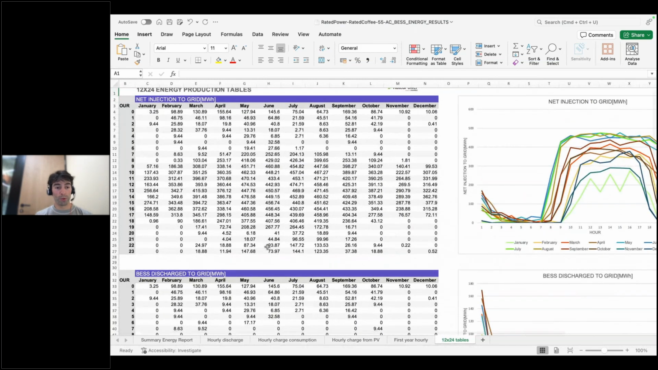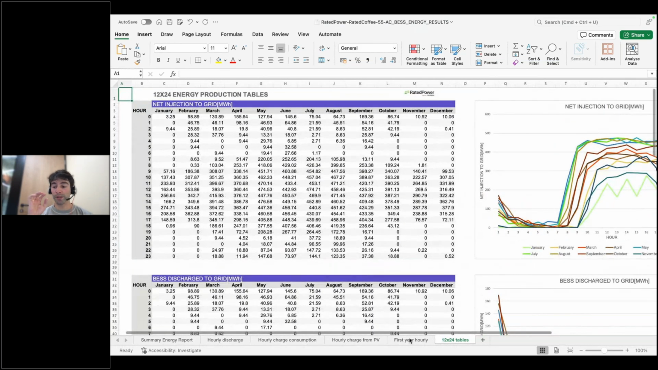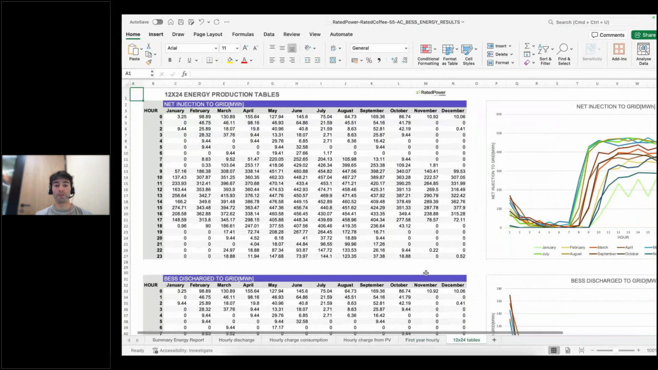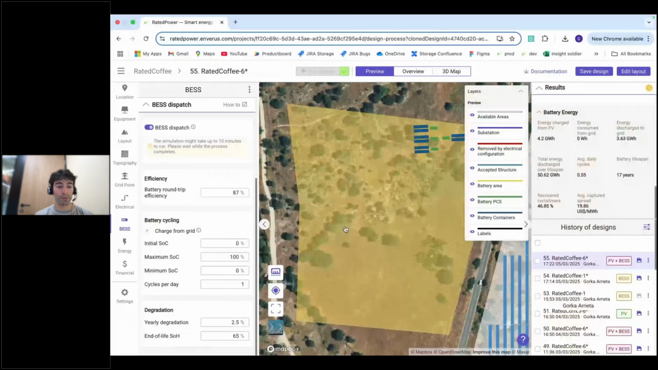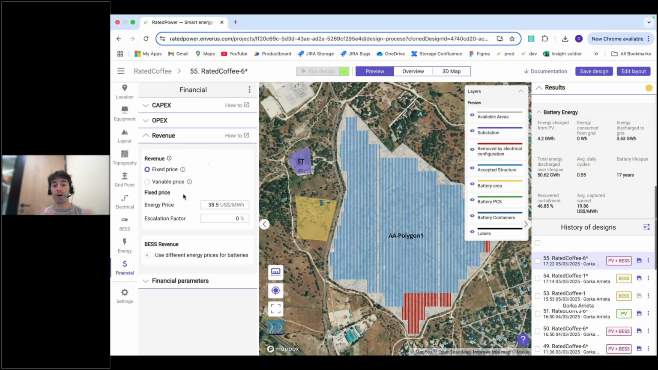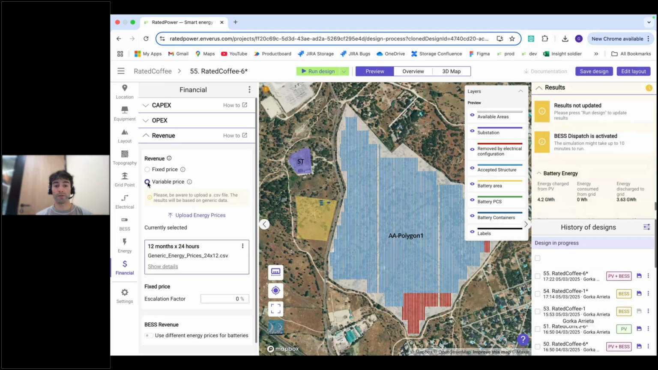There are more things that I don't have much more time to show you, but this is a super powerful feature. You can define an infinite amount of scenarios here. You can maybe allow charging from the grid, or maybe you can set different prices. Maybe you don't have a PPA anymore for the PV plant. Maybe you have variable prices. You have a merchant PV plant, so maybe you want to choose variable price,